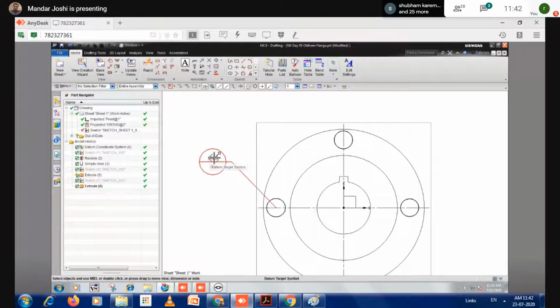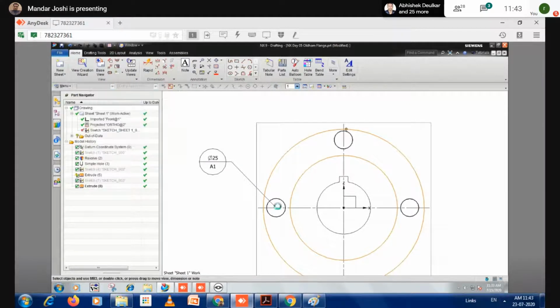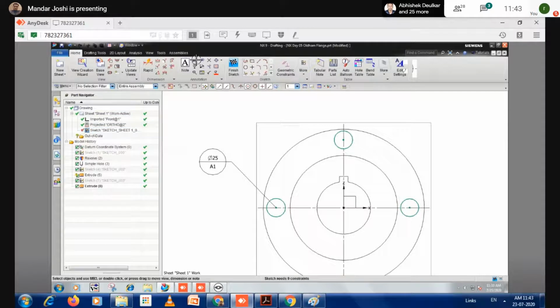This is A1 25. But how to identify whether this is the datum target or any specific hole? That's why we have to show the crosshatch portion. Select the crosshatch for this circle. Okay, now select that.